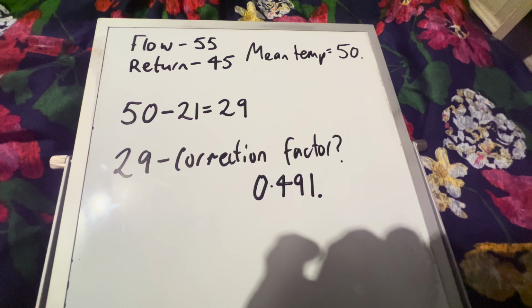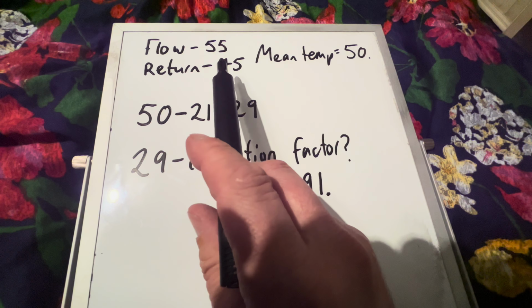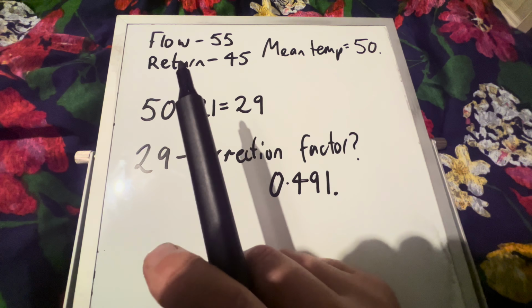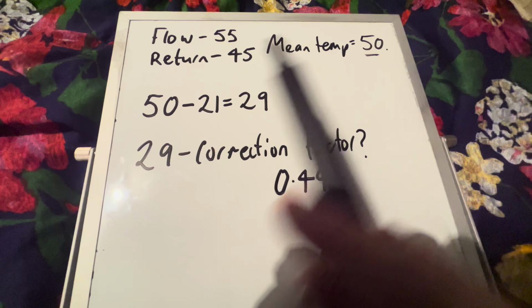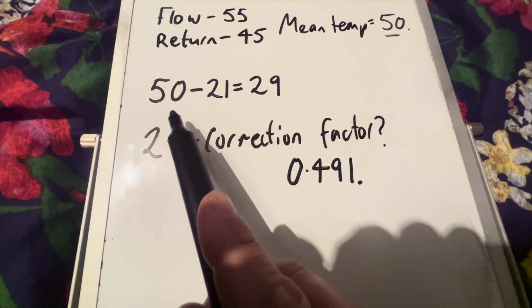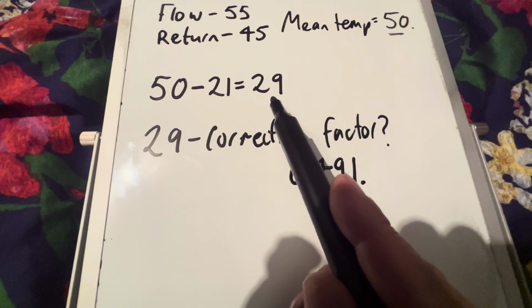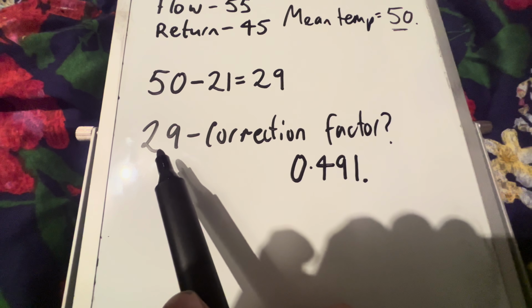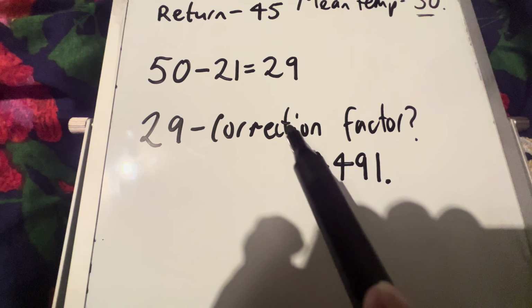So, let's look at the heating system using a heat pump. The flow temperature is going to be 55 degrees. The return temperature on the heating system will be 45 degrees. So the mean temperature is 50. So we've got 50, the mean working temperature. Deduct the desired temperature, 29. Using the Stelrad correction factor chart, 29 will give us